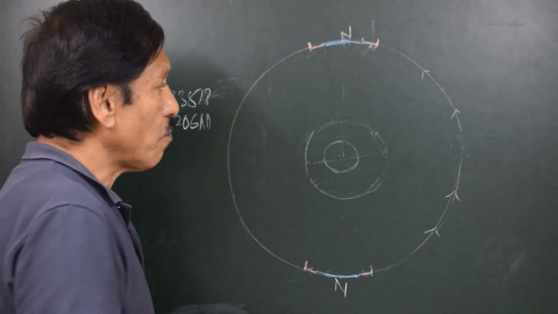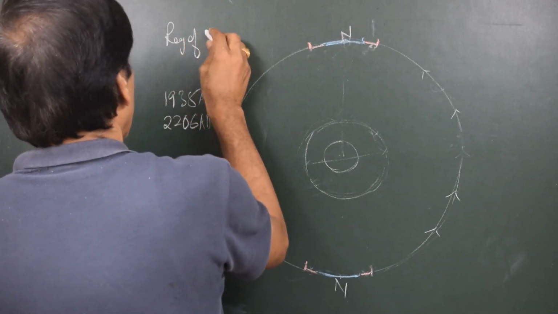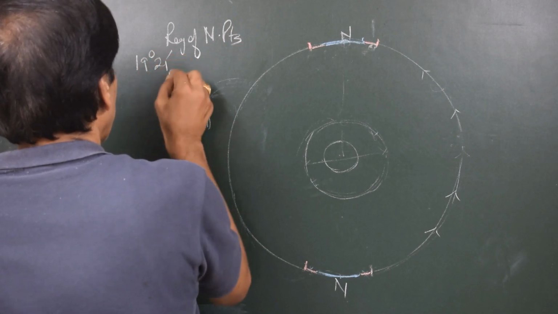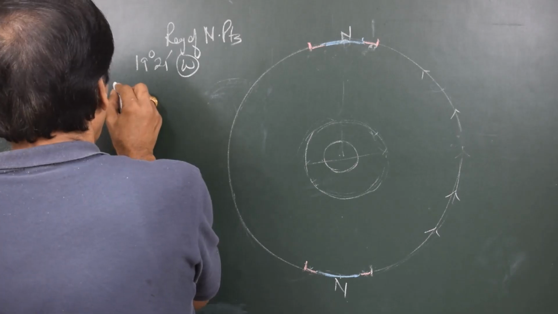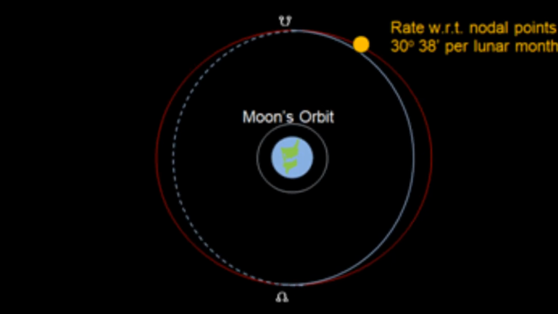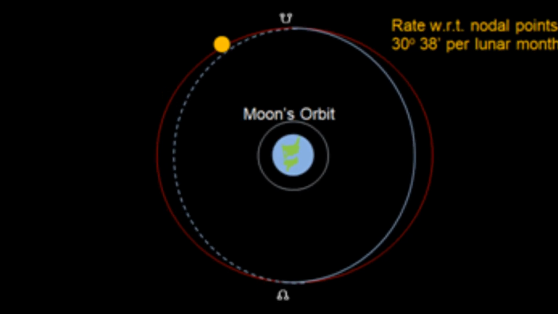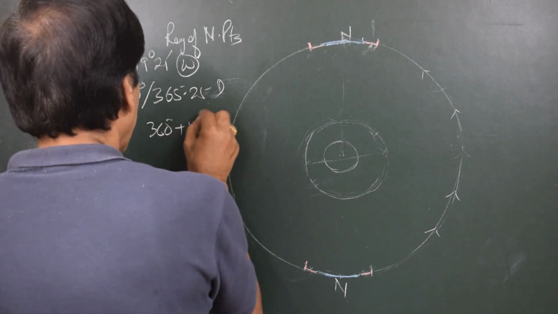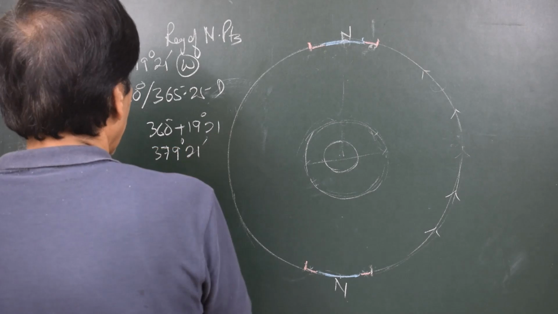To know that, let us first understand that the regression of the nodal points is at the rate of 19 degrees 21 minutes, of course westerly. Now sun in the ecliptic on the easterly journey moves at the rate of 360 degrees per 365.25 days. The nodal points are moving in westerly direction and the sun is moving in easterly direction. If we combine the two, we find that there is a movement of 360 degrees plus 19 degrees 21 minutes, that is 379 degrees 21 minutes in